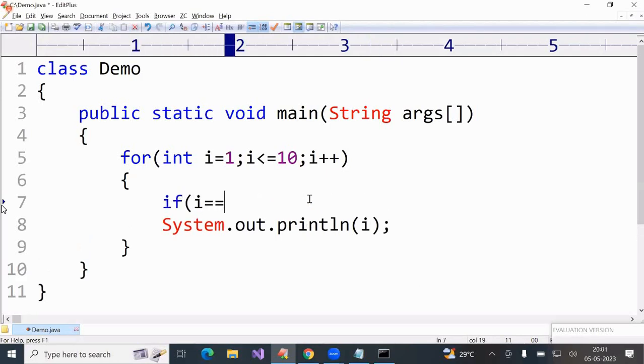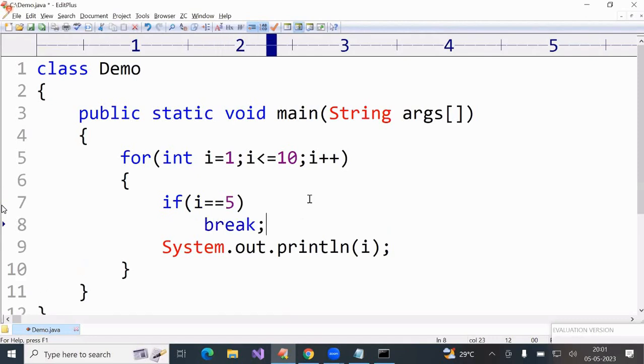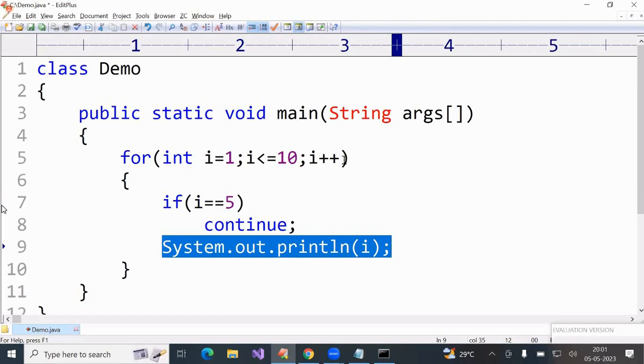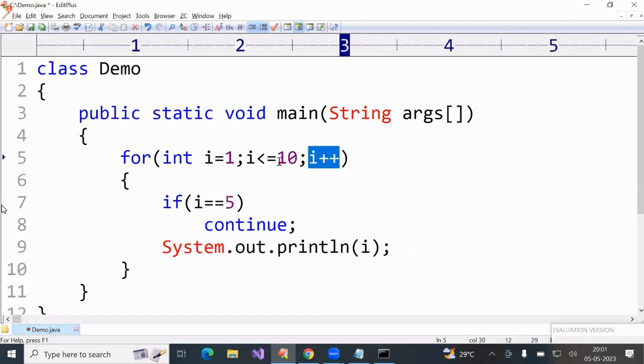If I double equal to 5, break: output 1 to 4. Now you observe continue. Here, first I value 1. 1 less than or equal to 10, true, it will enter. 1 double equal to 5, false. 1 printed. Next it becomes 2. 2 less than or equal to 10, true. 2 double equal to 5,